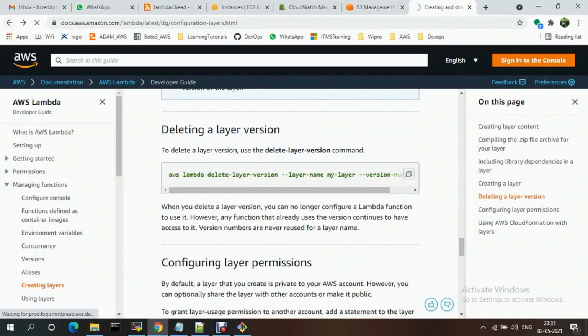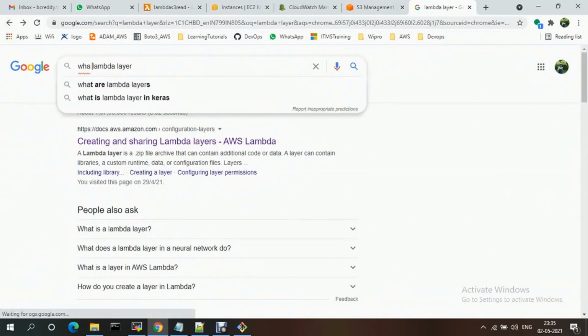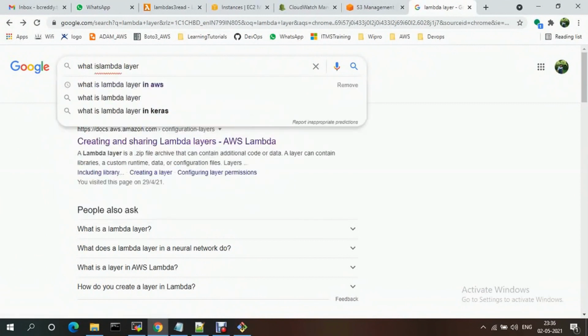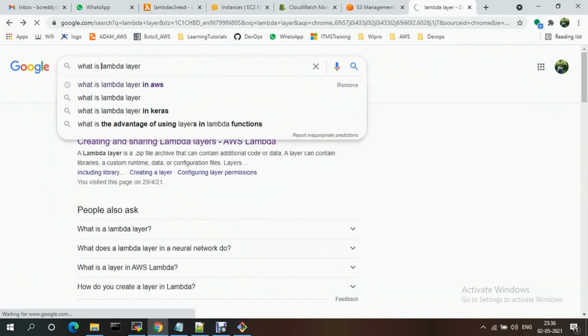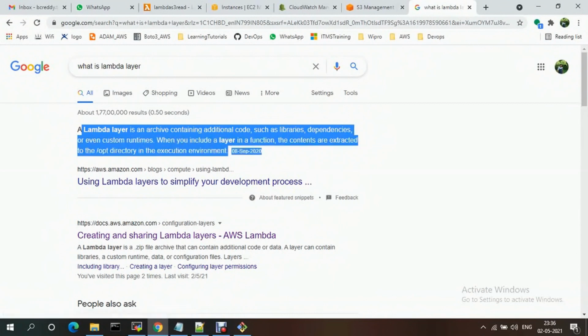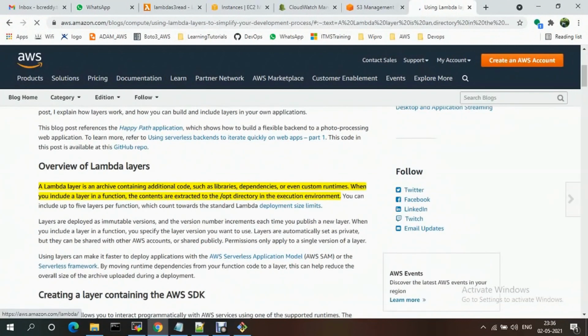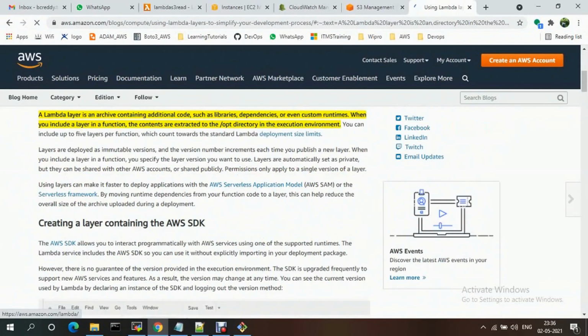A Lambda layer is an archive containing additional code such as libraries, dependencies, even a custom runtime. Using a Lambda layer, you can make your development process easy.